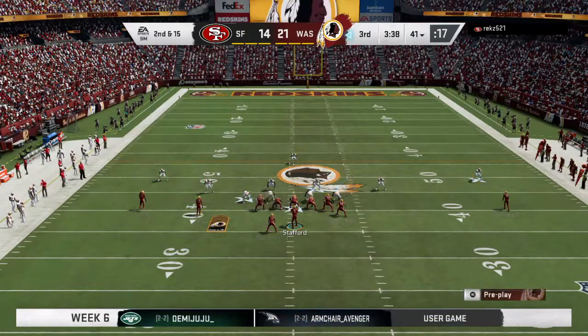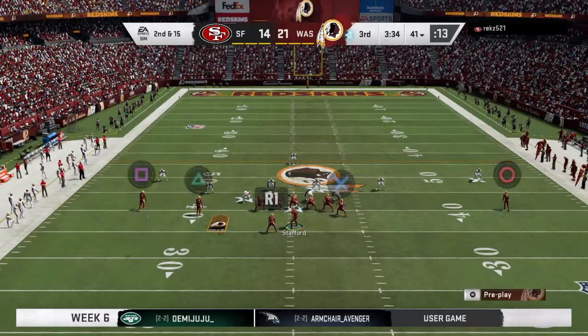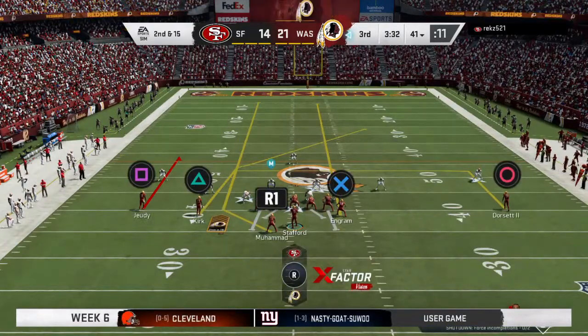Nice, fellas. Hey, Alpha. Give me that ball, defense. Give me that